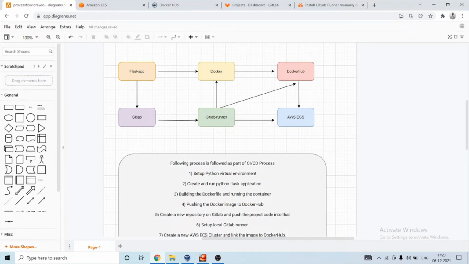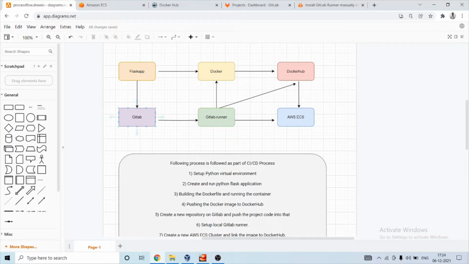Today I'm gonna deploy a Flask app to AWS Elastic Container Service. So this is our process flow in which we will create a Flask app, Dockerize it, and push the image to Docker. Apart from it, parallelly, we will push our Flask app to GitLab.